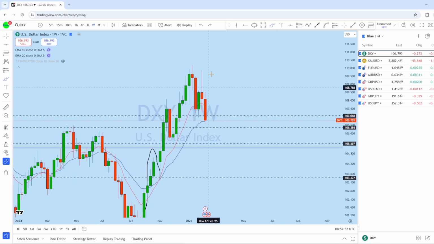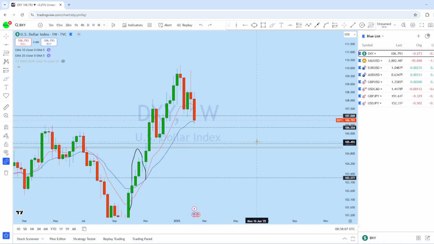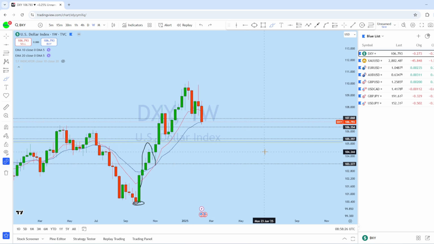Now with this rejection in both of these impulses, we can see there is a strong liquidity grab that signals that DXY might drop back to this support level, which is also aligning with the 50% Fibonacci level. And I think that DXY may drop further to break this support level as there is high liquidity. As this market is currently trending to the downside, that trend could bring the price back to this support level where there is high liquidity.